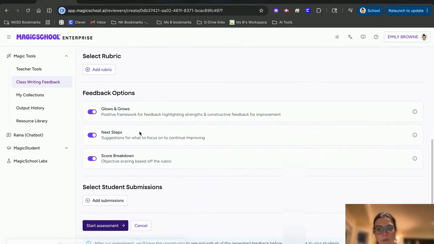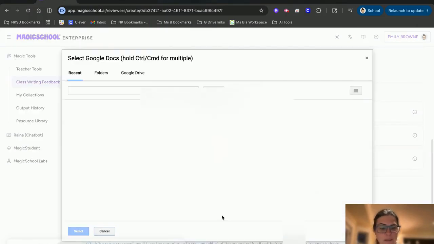So you can choose glows and grows, next steps, and score breakdowns. You can turn them off or on. If it was just going to be next steps, you could do that. You could choose any of these things here. And then to add submissions,